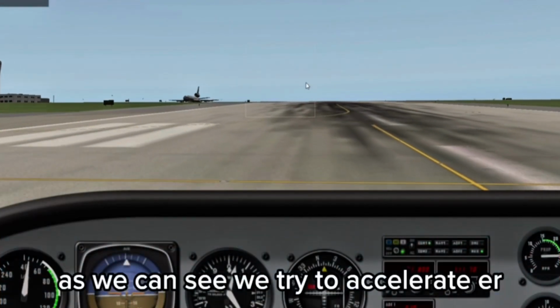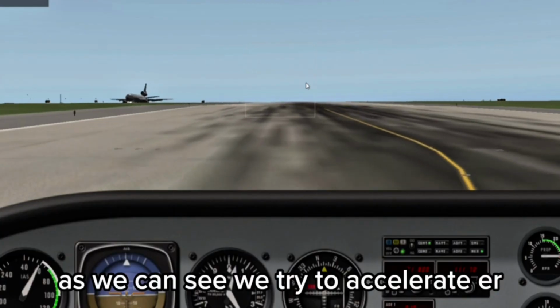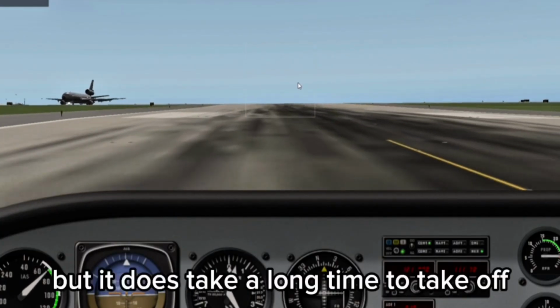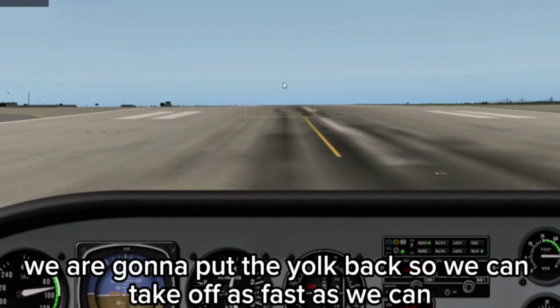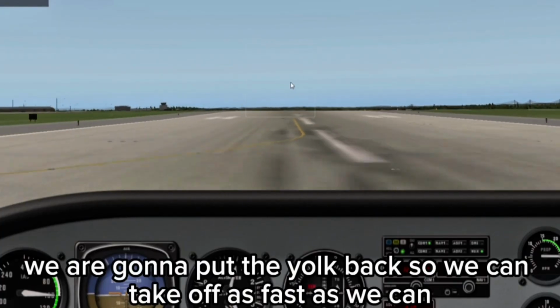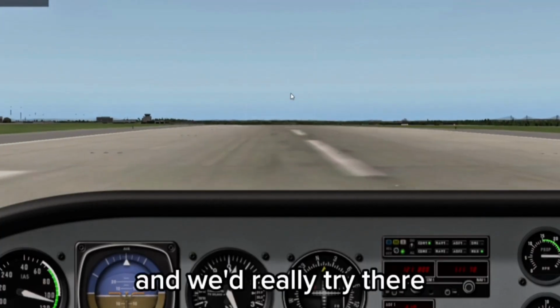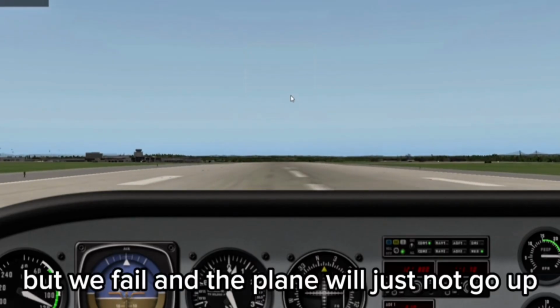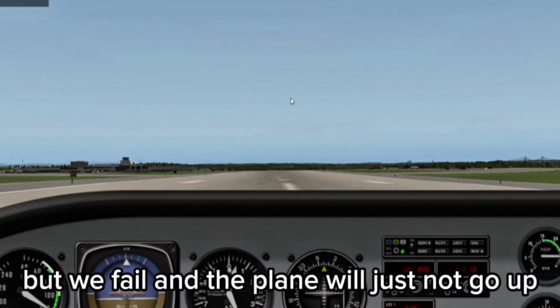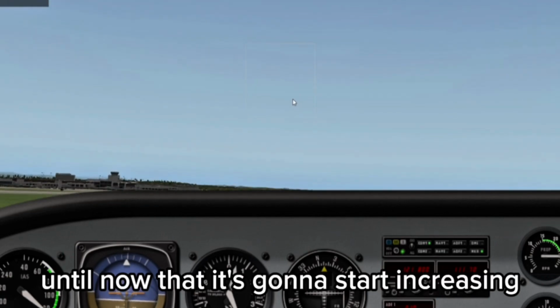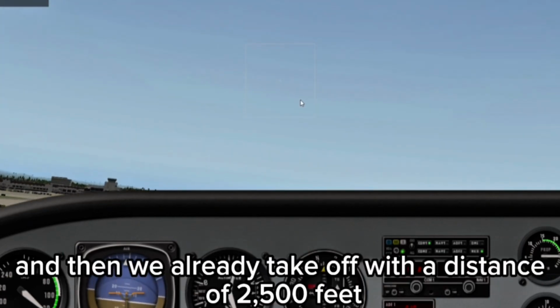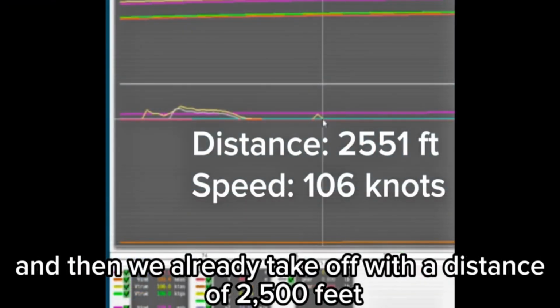Now we're going to try and take off with a wingspan of 10 meters again. As we can see, we try to accelerate, but it does take a long time to take off. We are going to put the yoke back so we can take off as fast as we can. We really try there, but we fail, and the plane will just not go up, until now that it's going to start increasing, and then we take off